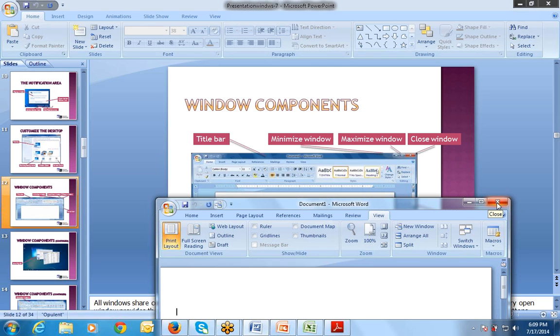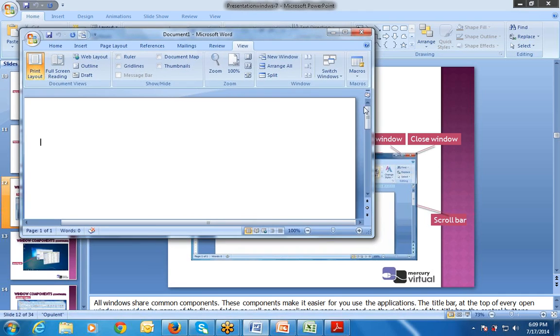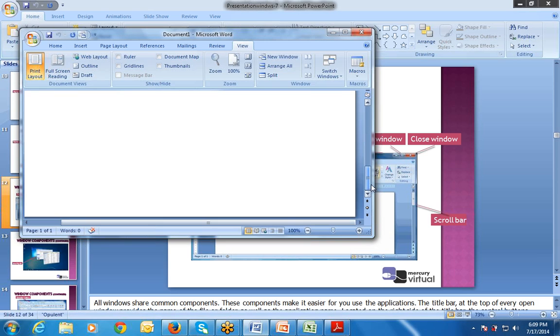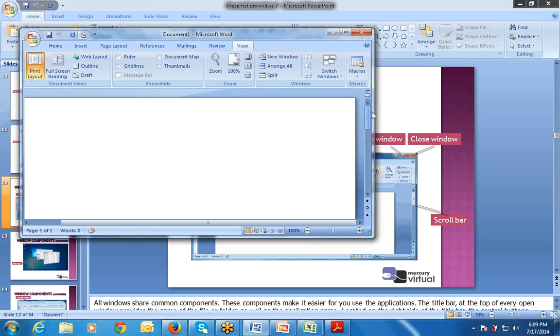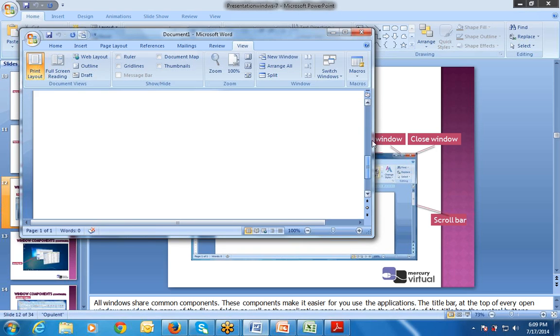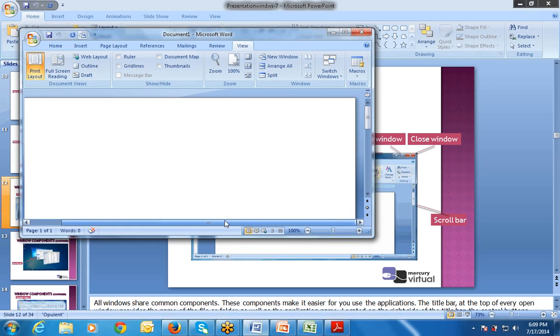This is known as close window. And this is known as scroll bar. We can scroll from up to down. This is known as vertical scroll bar. If I move from left to right, this is known as horizontal scroll bar. So this is a vertical scroll bar and this is a horizontal scroll bar. Clear? So this is the title bar.